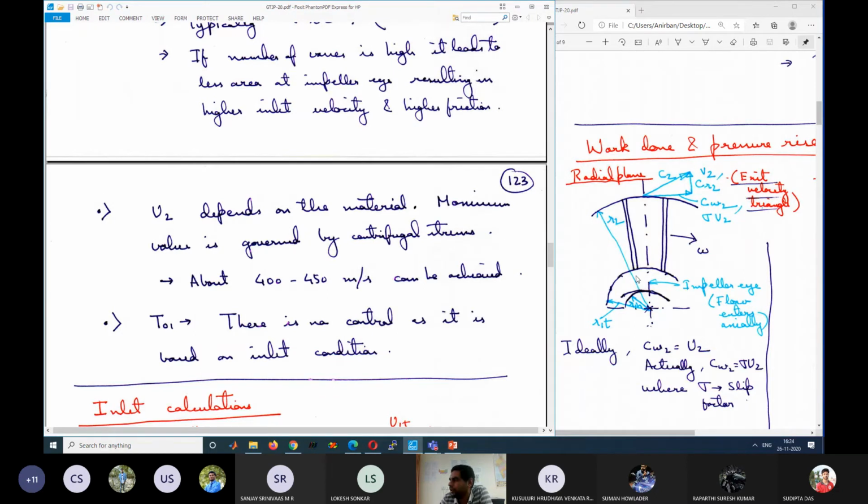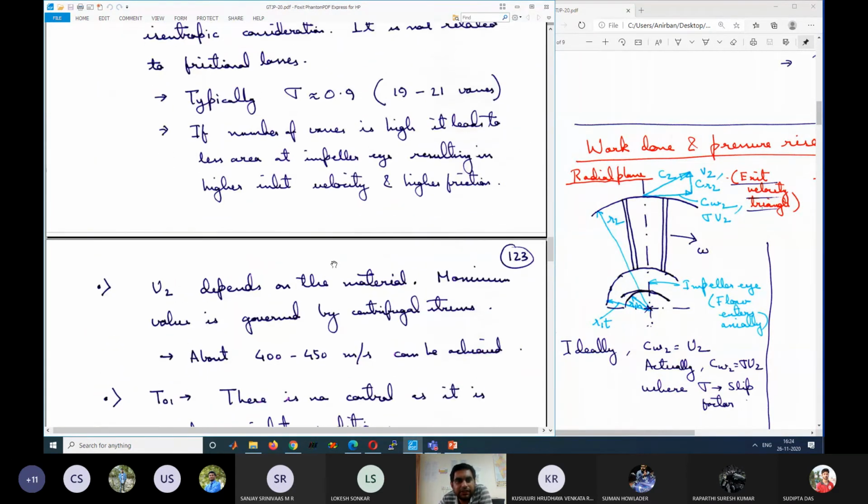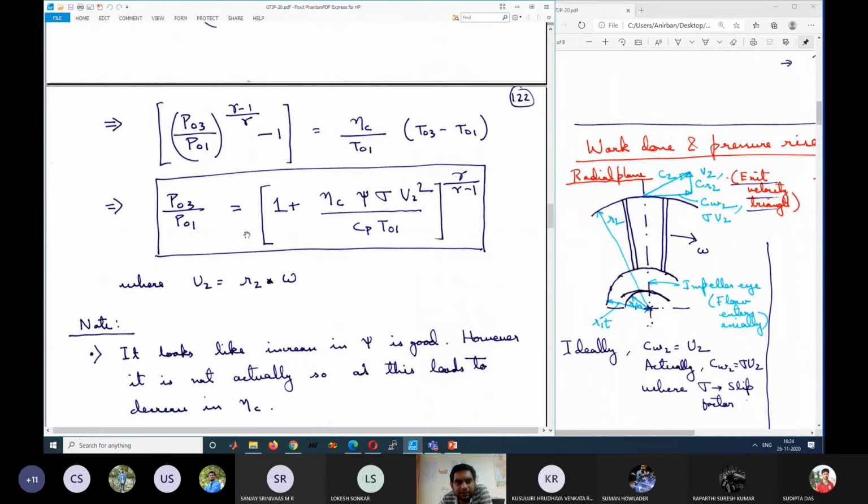So for aluminum impellers, you can go up to 4:1 as given by the literature, and for titanium you can go up to 8:1 pressure ratio, which is very high. In a single stage 8:1, whereas for axial compressors you can only go up to 1.5:1. So 8:1 is very high, and the literature says it is up to 8:1. You have to verify with the literature. The other factor is T01, over which we don't have any control. So these are the factors which govern the pressure ratio at the exit.